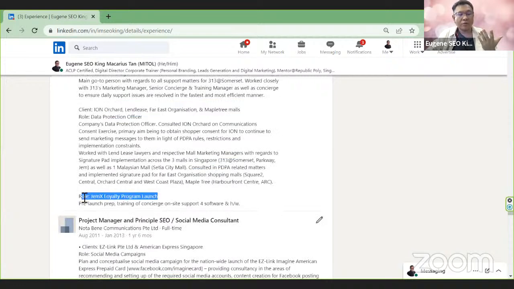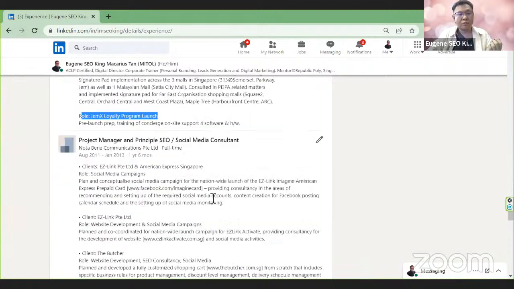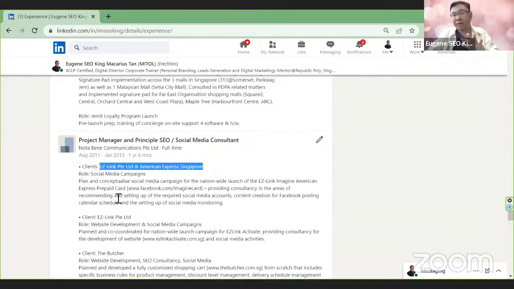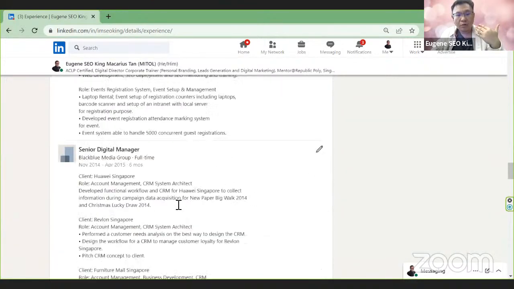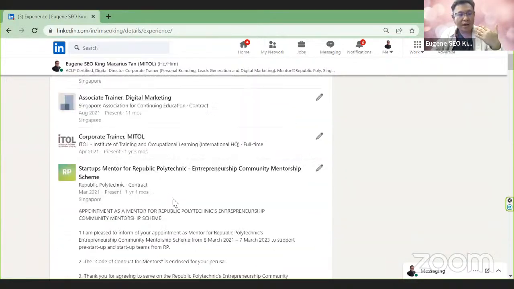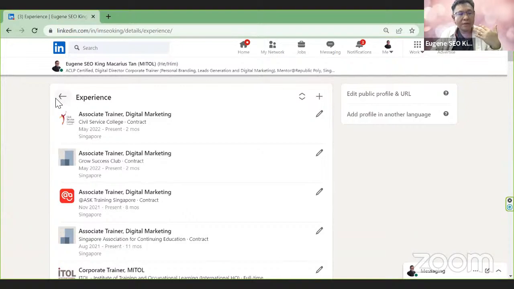I was also involved in GEM, the Jurong East Mall, right? And as you can see here, once you highlight clients like EasyLink and American Express, sometimes when people are searching for EasyLink and American Express, your profile shows up in the search, and they will read that